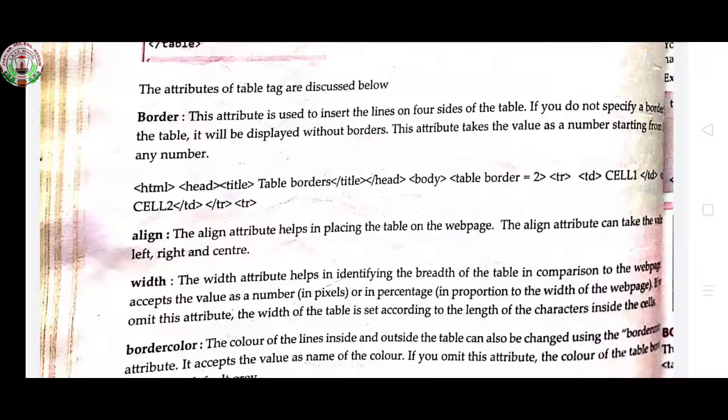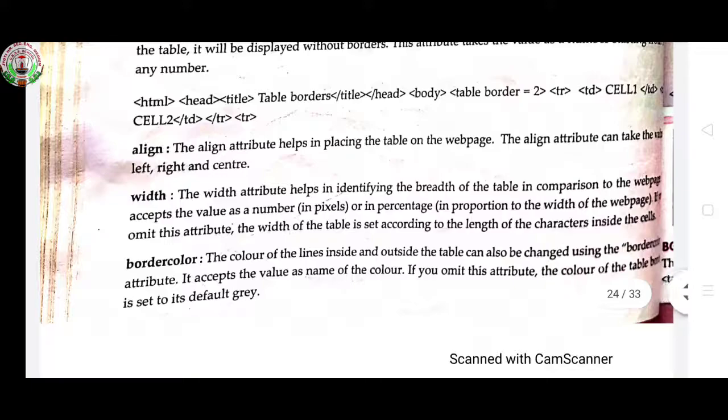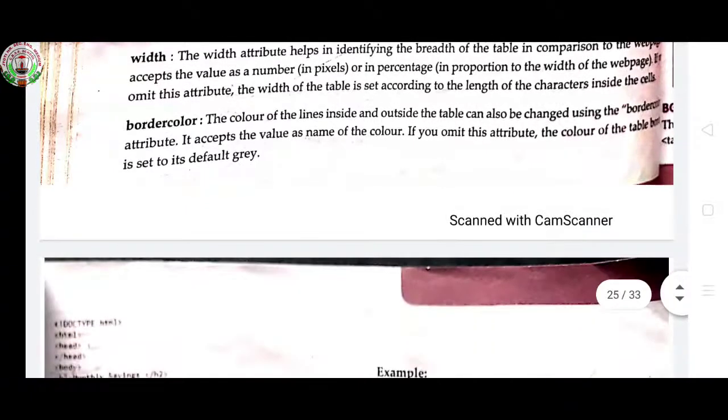If you omit this attribute, the width of the table is set according to the length of the characters inside the cell. Border color: the color of the lines inside and outside the table can also be changed using the bordercolor attribute. It accepts the name of a color. If you omit this attribute, the color of the table border is set to its default gray.